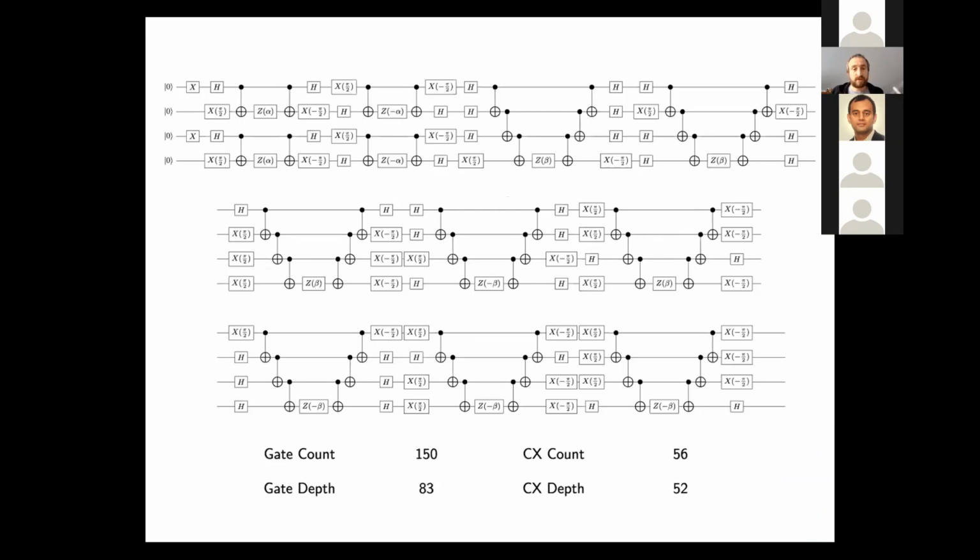So here's an example of a circuit that we might use to prepare a hydrogen atom. So this is used in electron structure calculation. This is called the unitary coupled cluster ansatz. And you can see that it's quite large. This is one circuit on 4 qubits that I had to break into 3 pieces to fit on the screen. It's about 83 gates deep.